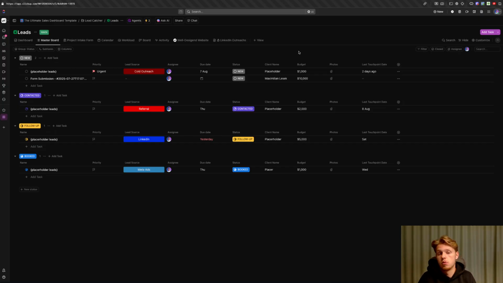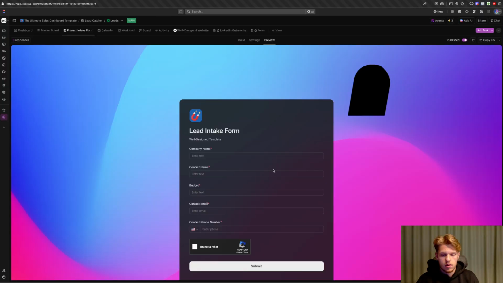I mean, you can add whatever you want, right? So add the relevant information. Perfect. So I've now updated the logic here, so we can just go in, write the company name, the contact name, the budget, my email. If you want to email me, just go ahead, and my phone number. If you want to call me, just go ahead. That's not my real phone number. Pretty close though. So if I just press on submit,